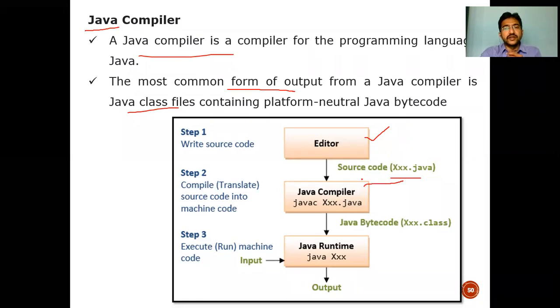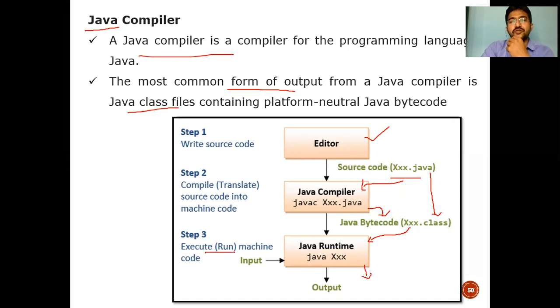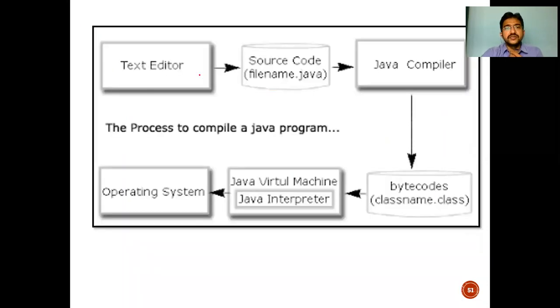Once you give it to the Java compiler as an input, the Java compiler converts the .java file into bytecode, that is, the .class file. Once the class file is ready, the third step is to give it to the Java interpreter. The Java interpreter's input is the .class file and the output is executable machine code. Like this it is done, and that's why Java bytecode is platform neutral.